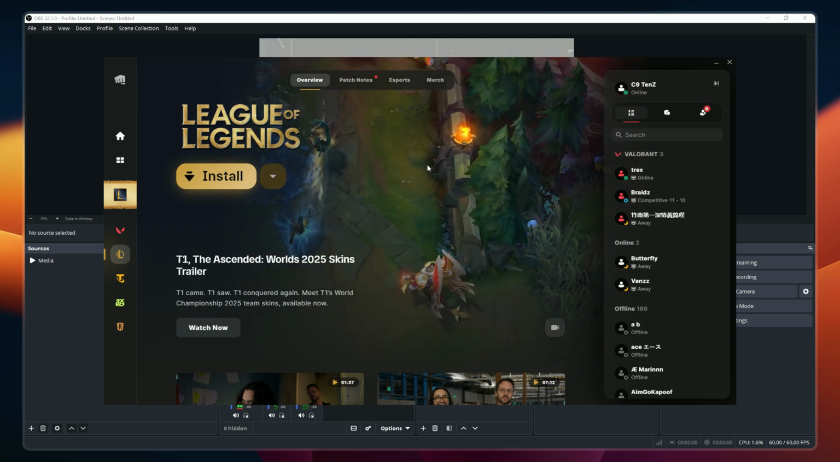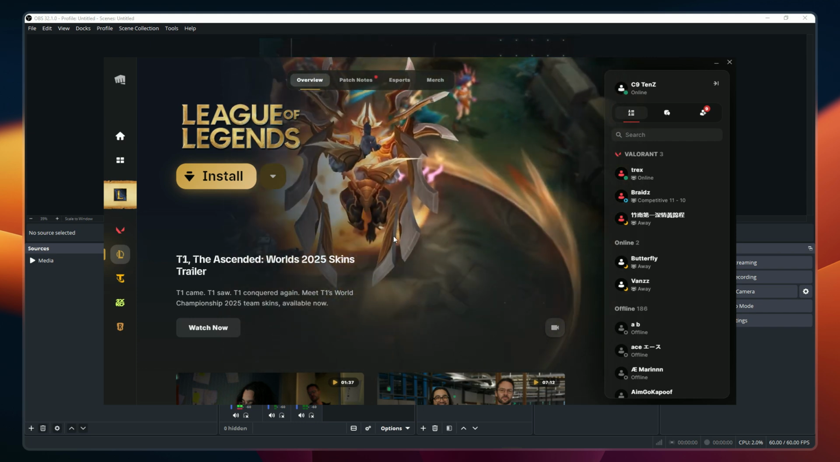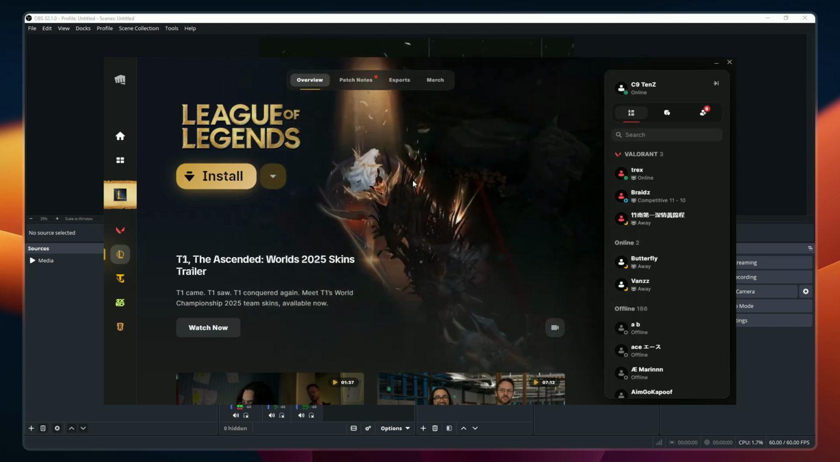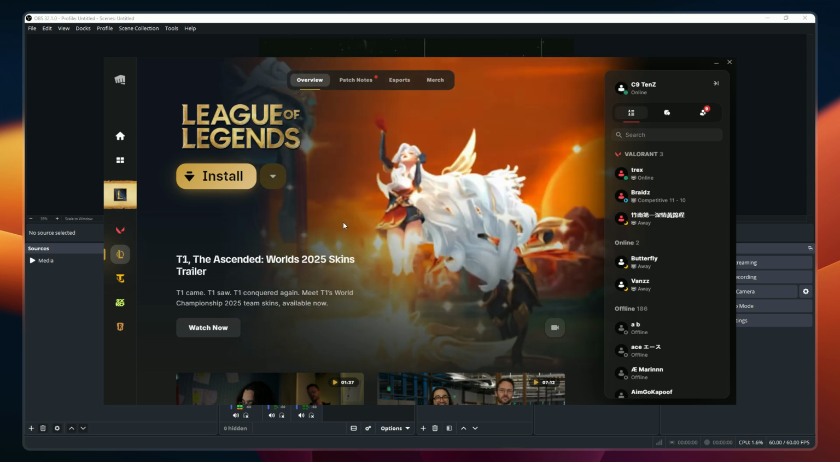First things first, go ahead and open your OBS application on your computer. Now here's an important note before we continue. Make sure League of Legends is already running or open in the background. This is crucial because OBS needs the game to be active in order to detect it properly when we set